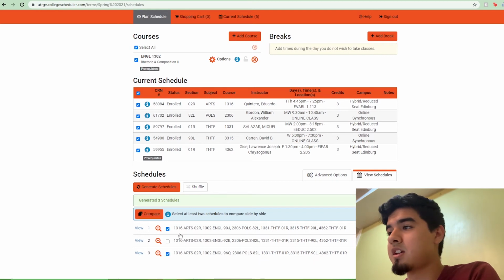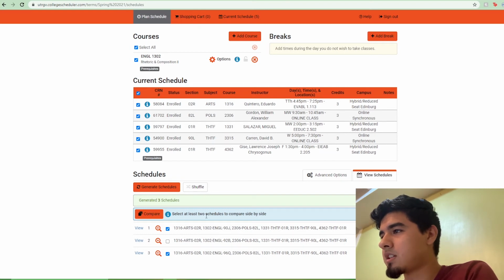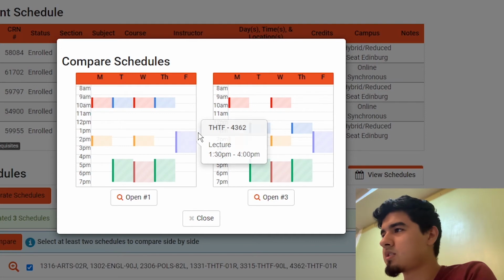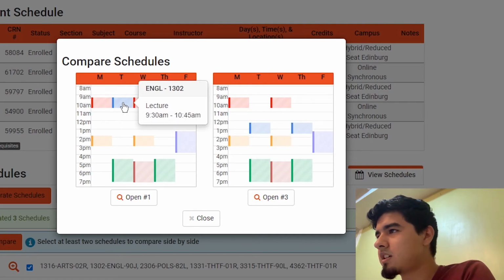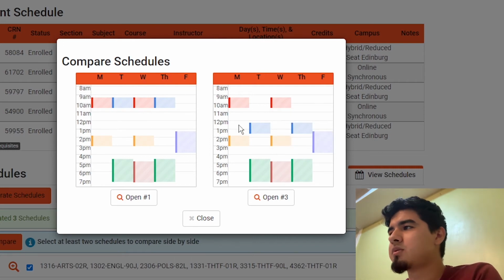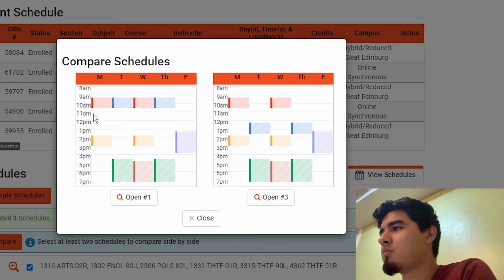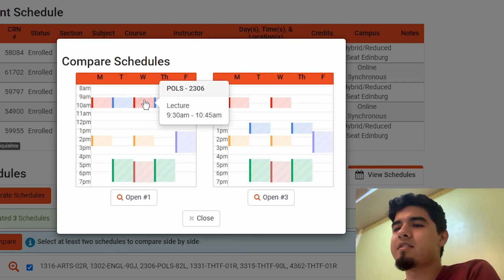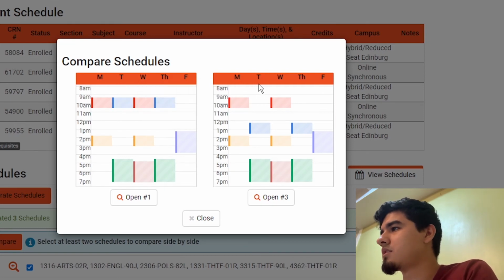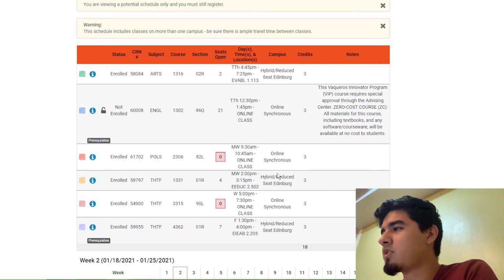If you can't make up your mind, you can check both of those options and then select compare. This will show you a more specific view on how those schedules will look. See here, it's in the morning, and here the class will be at 12:30. So depending on what you want, like let's say Mondays and Wednesdays, I already have a class at 9:30. I'd rather sleep in on Tuesdays and Thursdays. So in that case, I would pick this one because the class starts at 12. So let's say open number 3,